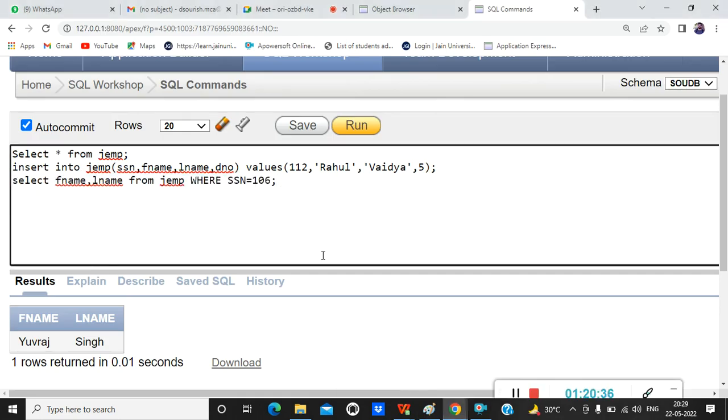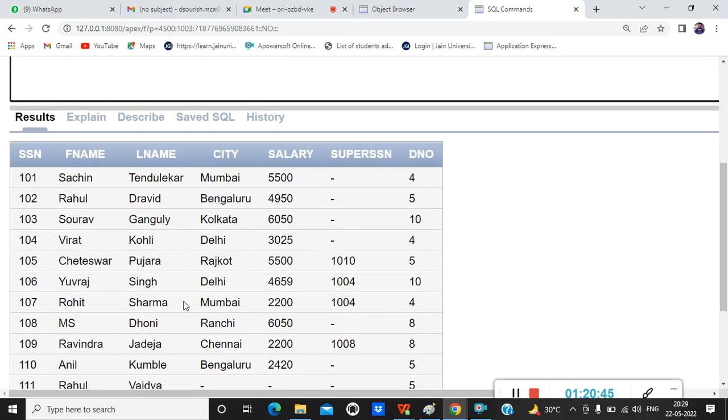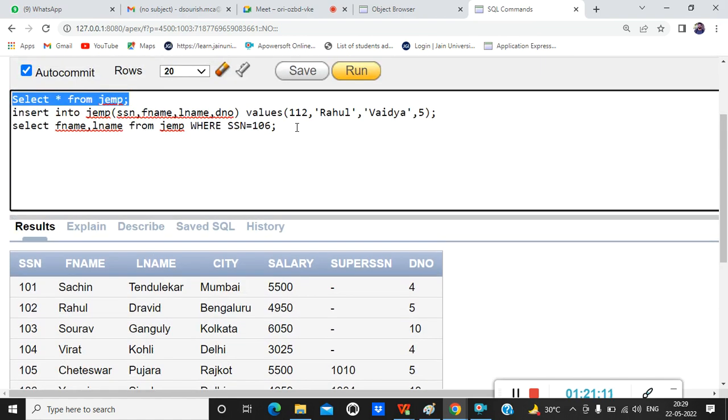Okay, so next, let's make the conditions a bit complicated. Put all your programming language knowledge here. There is no difference. If you have the programming language concept, you apply it here. So make it a complex query. Say, I want to find the name of all employees whose salary is between 4,000 and 5,000. So what will be our query? We can give a range. Select fname, mname from